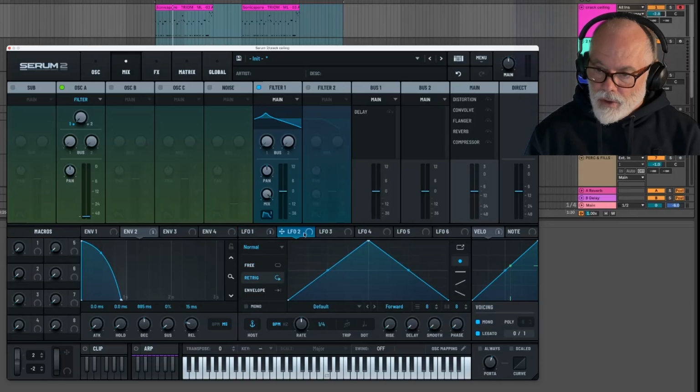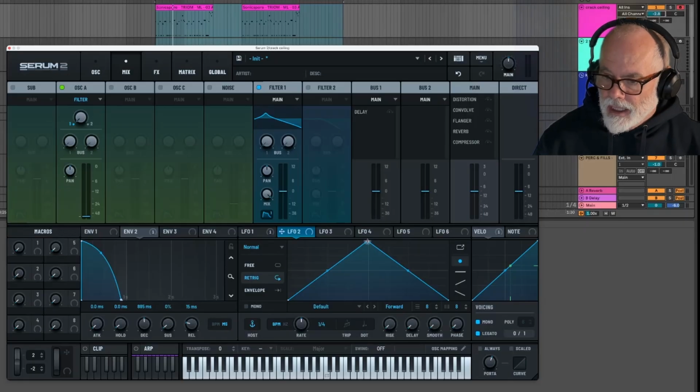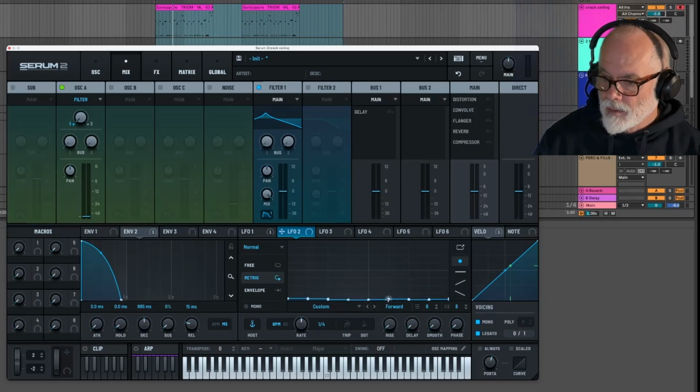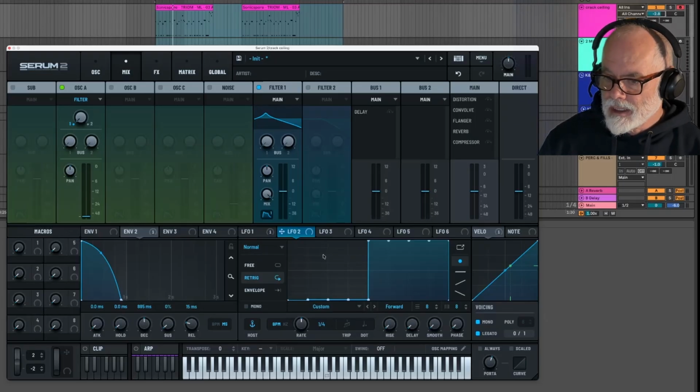So let's use LFO2 for it, and let's just say the longer notes. Let's do this and just start from scratch. Let's just build some kind of form out here that we can use, something like that. So what this is going to give us is, as the notes get played and we've got